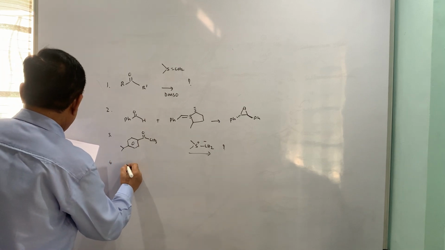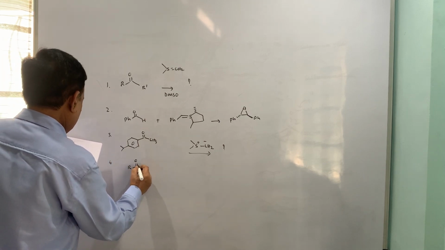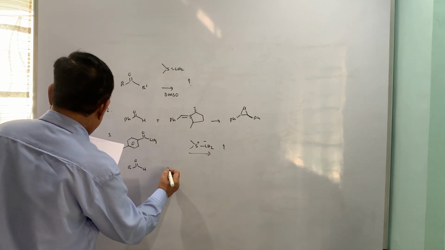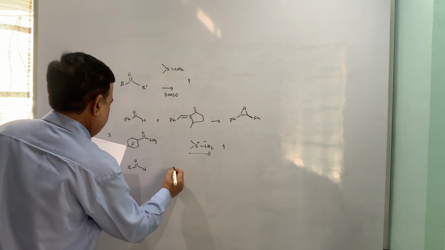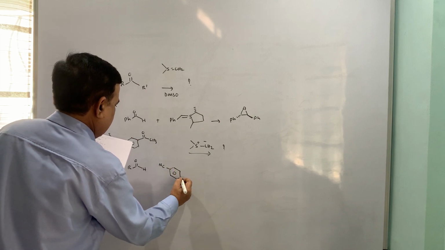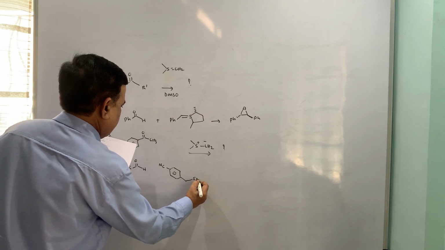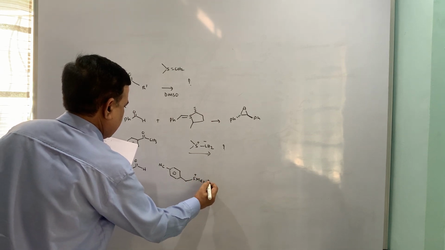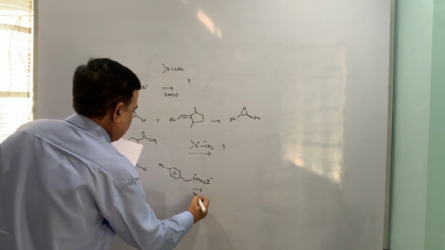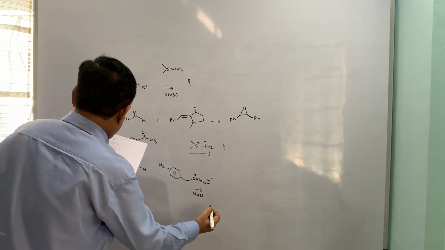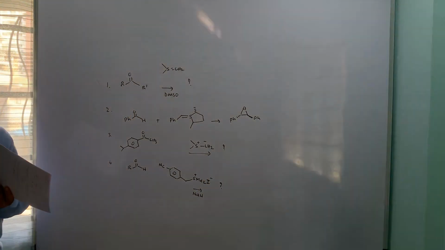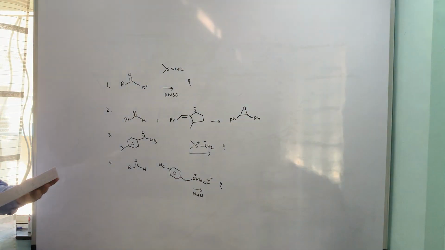Fourth one also I'll put, so that we are doing most of the examples, and there is no need of spending the time on the same thing. Plus sodium hydride. These 4 examples you can solve, and